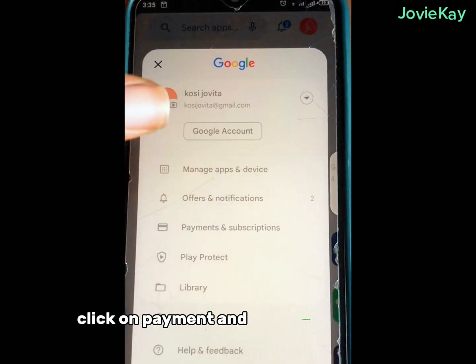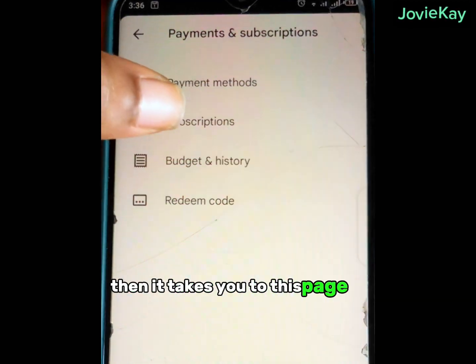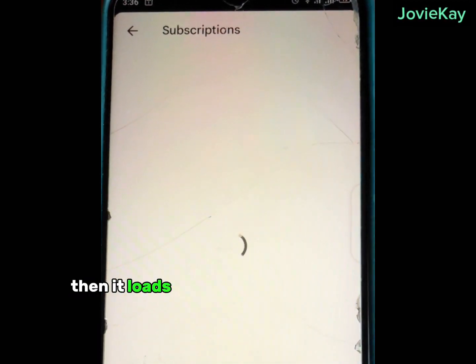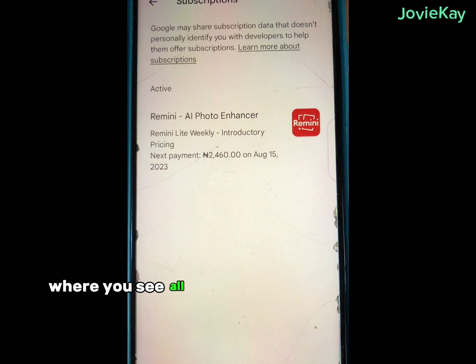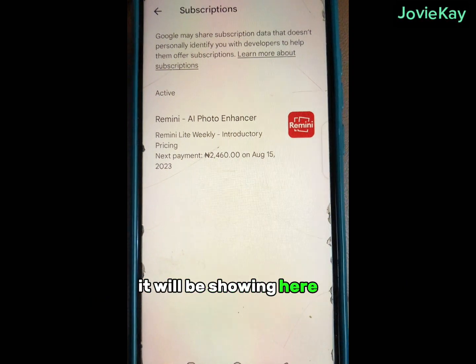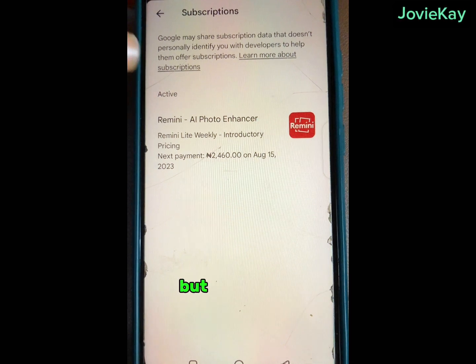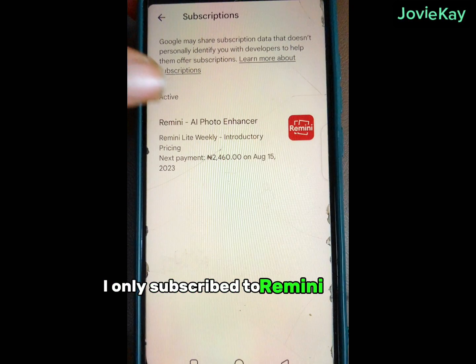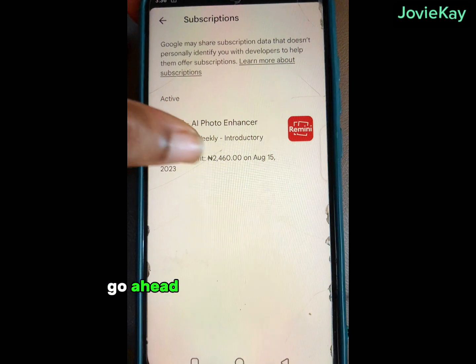Click on payment and subscriptions, then it takes you to this page. Click subscriptions, then it loads and takes you to this page where you'll see all the apps you subscribed to. If there is any other app you subscribed to, it will be showing here, so you can go ahead and cancel it. But here, I only subscribed to the Remini app, and to cancel it, go ahead and click on